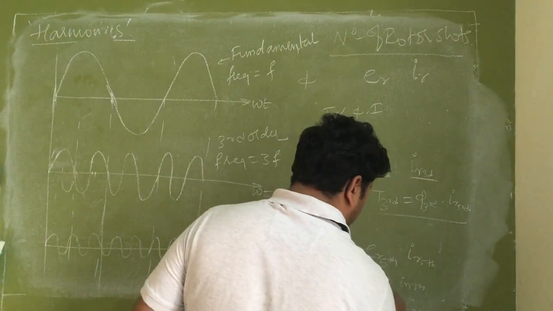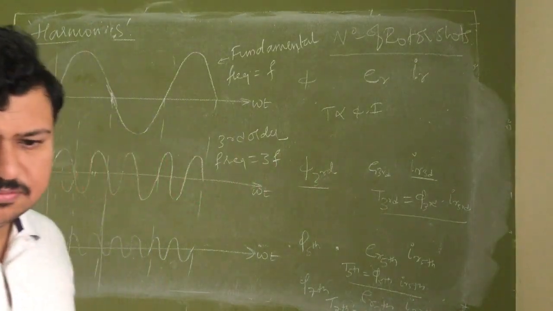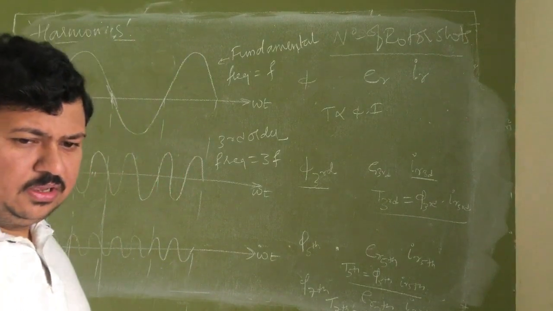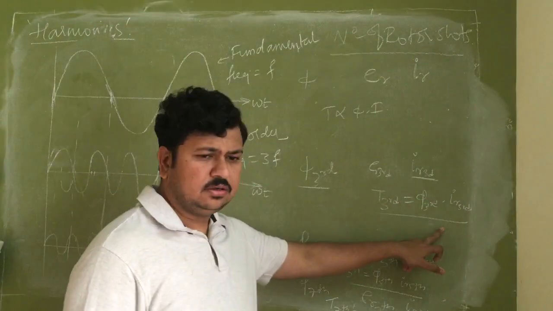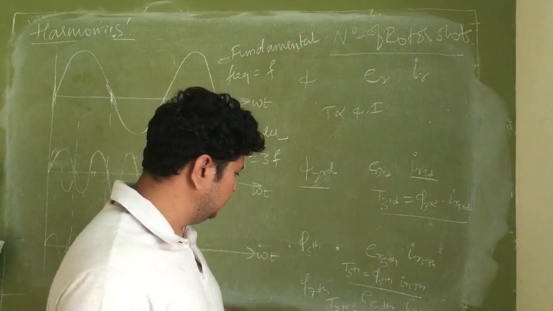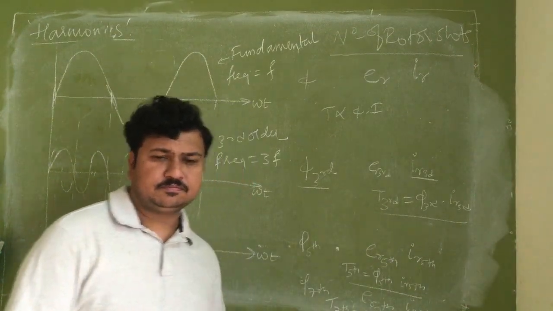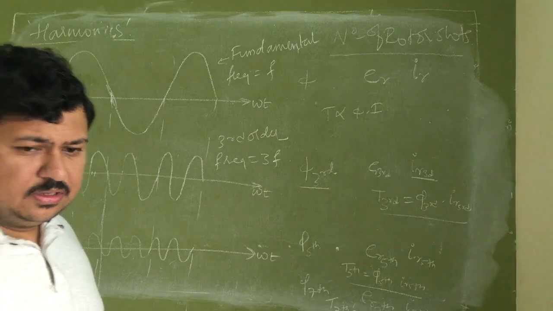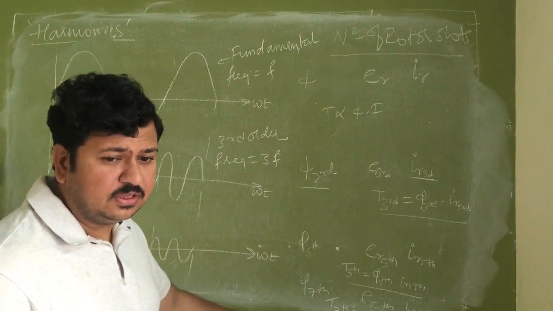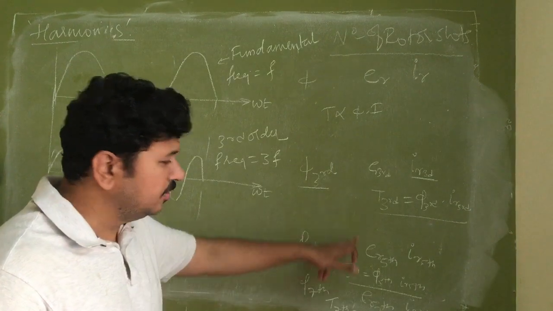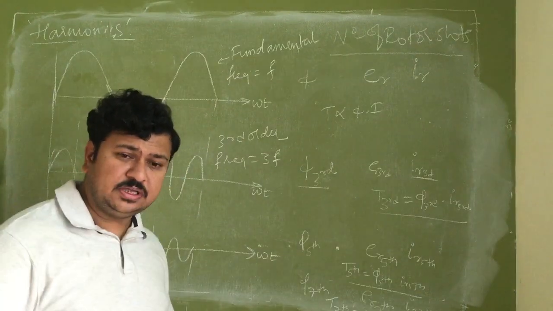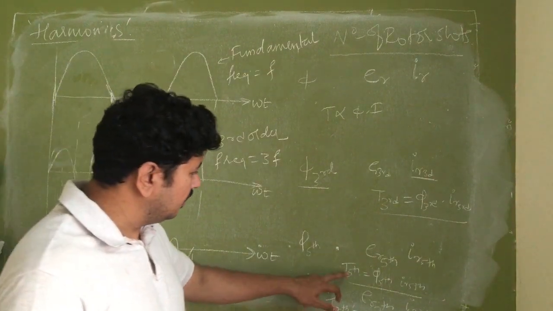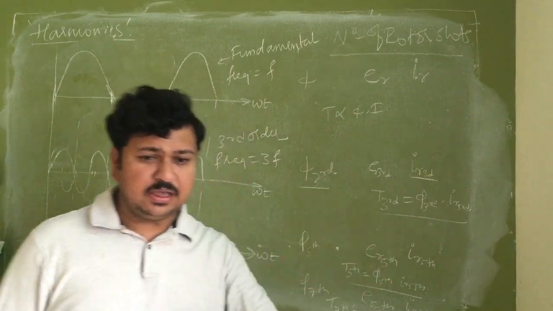So there are additional torques developed in the rotor due to the harmonic components. A third order harmonic will create a third order torque, fifth order harmonic will create fifth order torque, seventh order harmonic will create seventh order torque. Now what will be the direction of this torque? The problem lies here. The direction of these torques, produced because of harmonic components, will be opposing the main rotation of the rotor. So these torques will exhibit a braking action on the rotor.